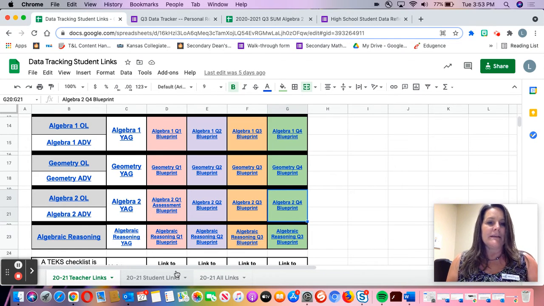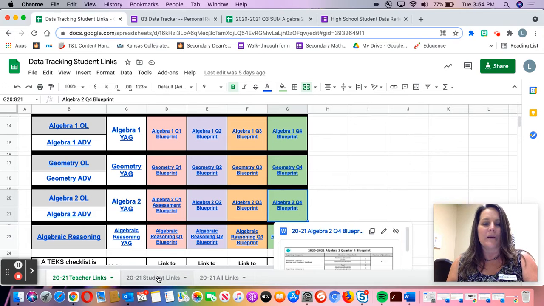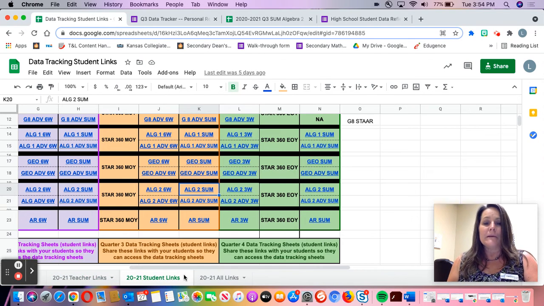As a teacher, I would begin by looking at the district data tracking links. Teacher links include a YAG and quarterly blueprints so that I can plan backwards from the assessment. Now I'm going to look at my student links, and these links are broken down into quarters. We do create data trackers for our 3 and 6 week checkpoints, but today we're going to look at a